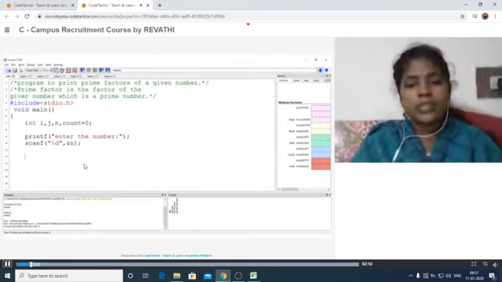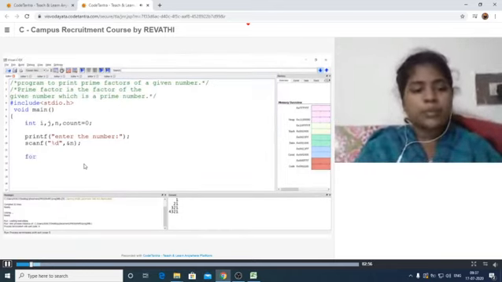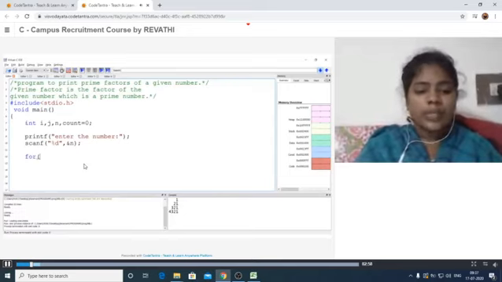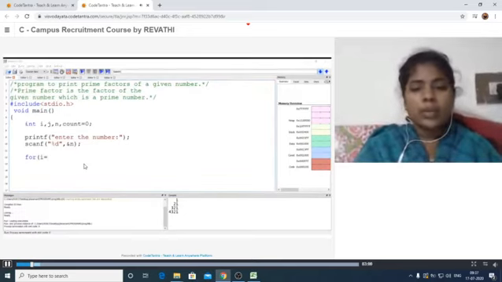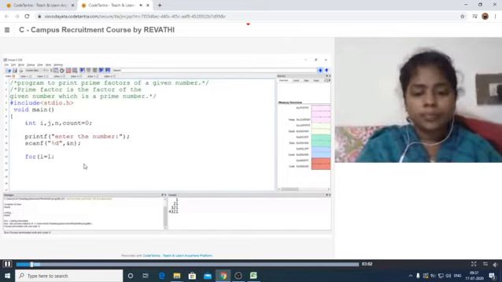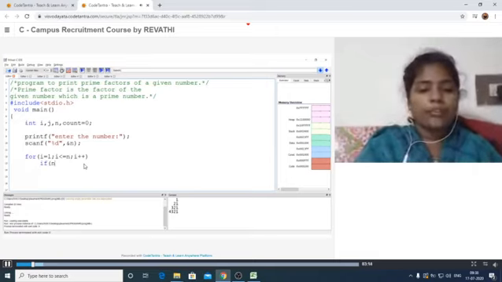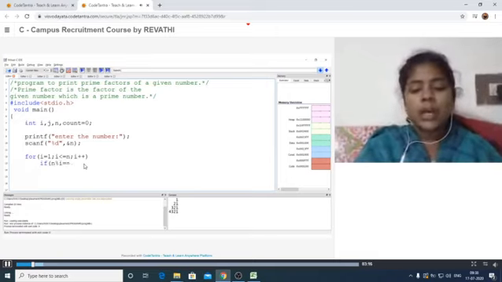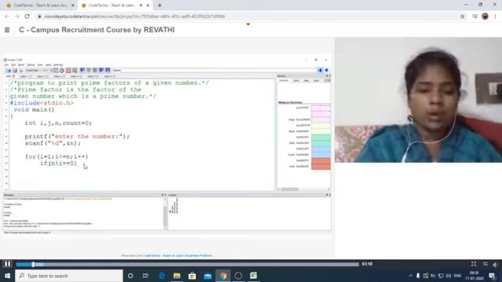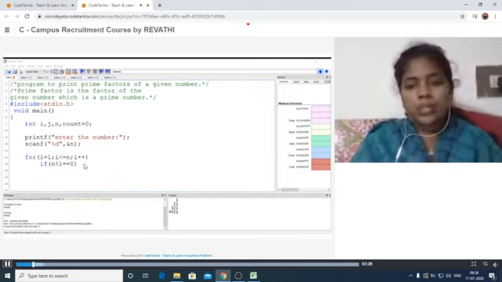Now we have to check the condition. For checking purpose, we have to use the for statement: for i is equal to 1, i less than or equal to n, i plus plus. This is the condition we have used for checking. After that, I am taking another one: if n modulus i is equal to 0.